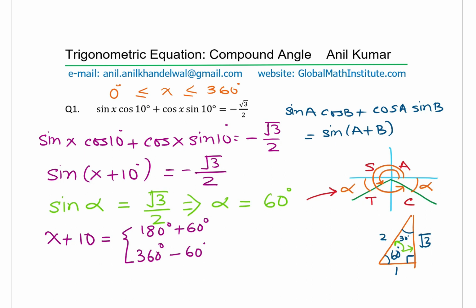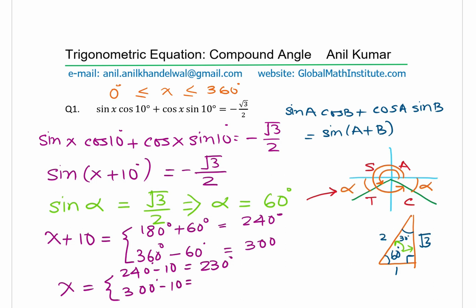Perfect, right? So that is the key to providing solutions. Now here you can add this up. So we get 240 degrees and this is 300 degrees. That is x plus 10. So the value of x is equal to 240 degrees minus 10, which is 230 degrees, or 300 degrees